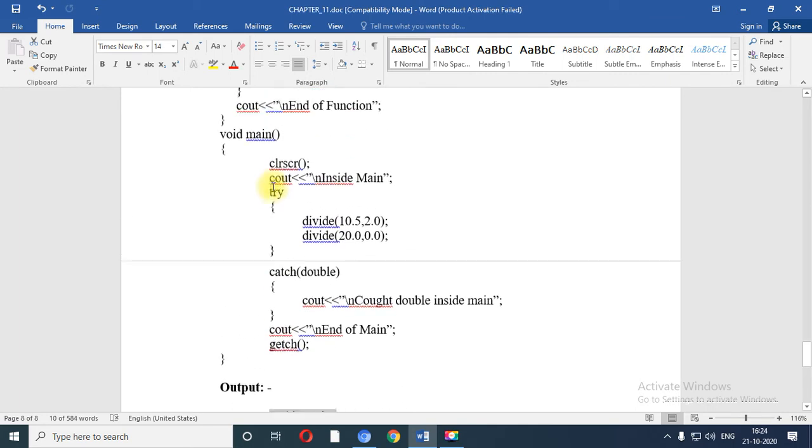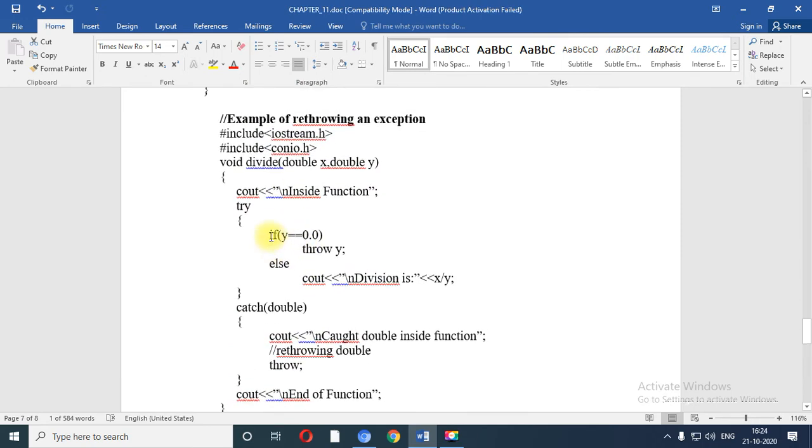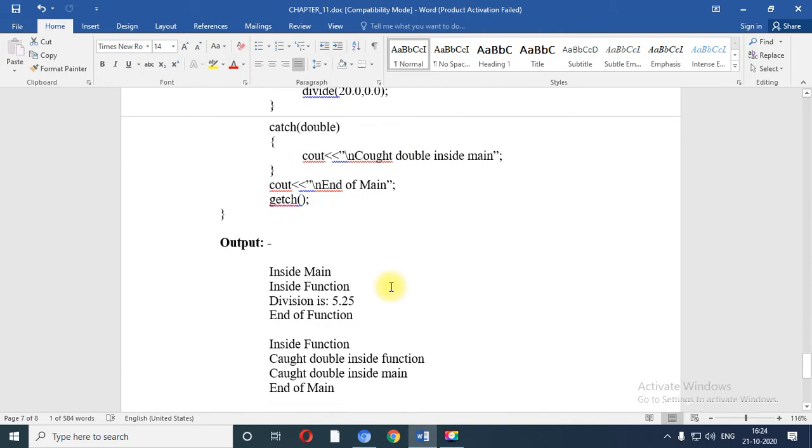Now we have called the divide function for the second time, with the values 20.0 and 0.0. So the value of y would be 0.0 in this case, so over here y double equals 0. First of all, let me explain the output.